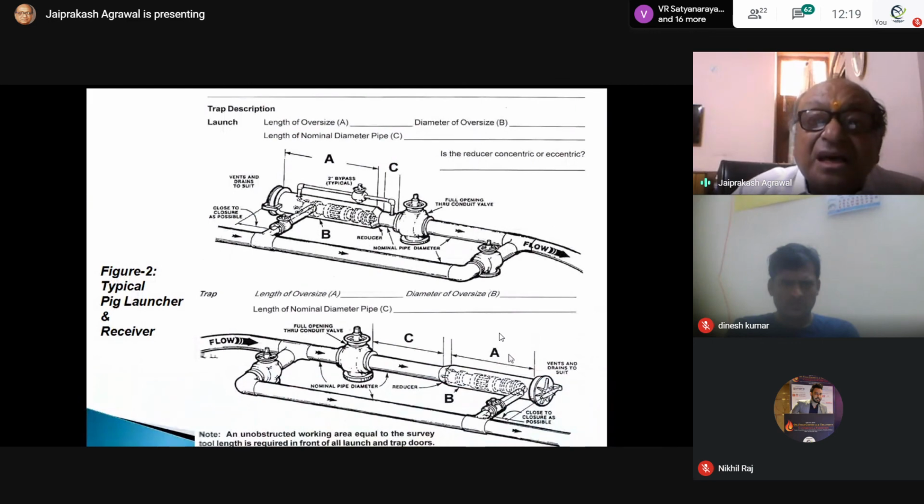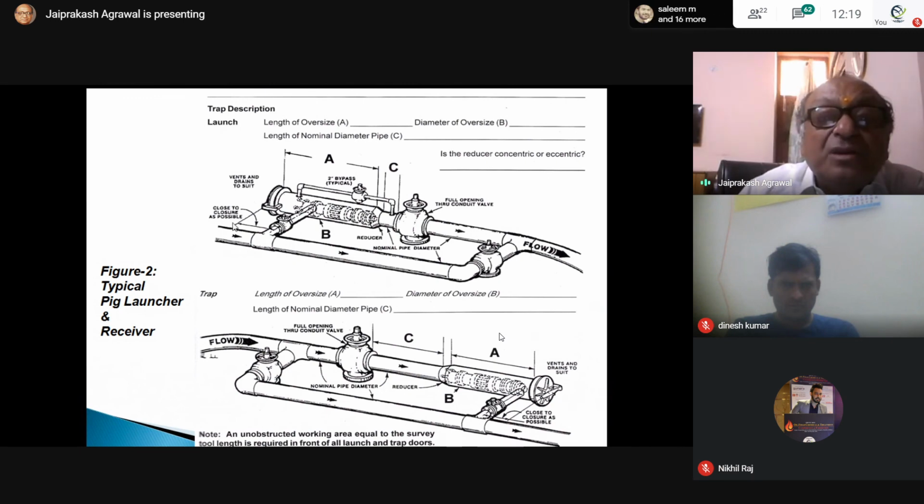This is the arrangement for using inline inspection pigs. Most of you are pipeline people, so you must know all about this. This is the scraper launcher, and this is the bypass line, coming from here.